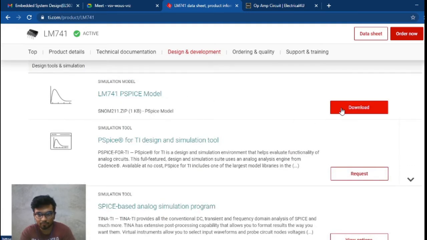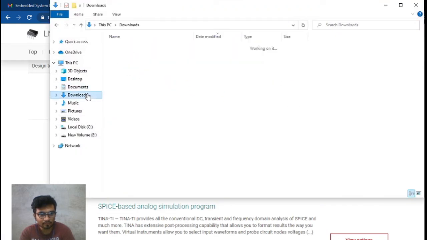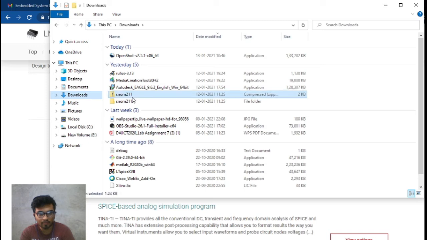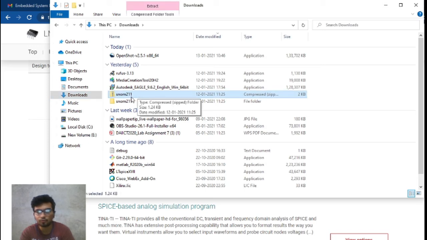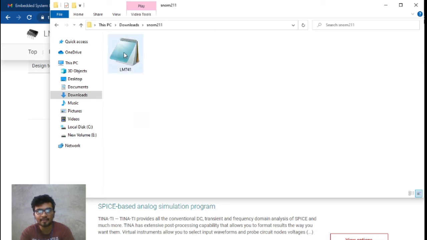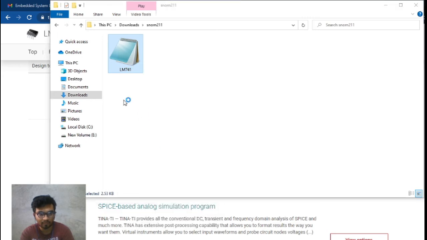You download that model, and once you download, you will get a zip file, SNOM211. Extract this zip file and you will get the LM741 .mod file. See the properties of the file.